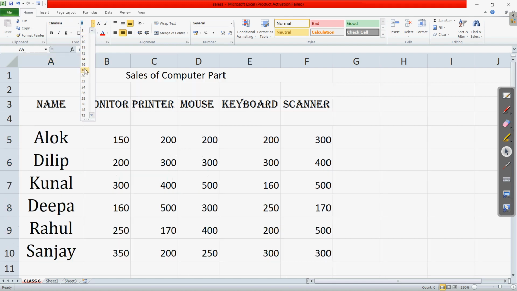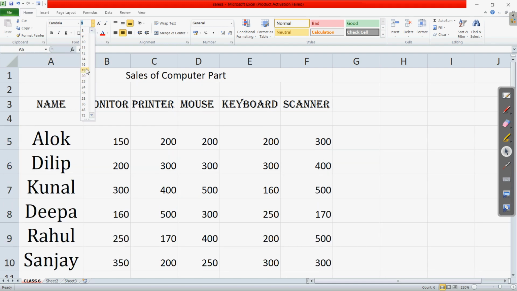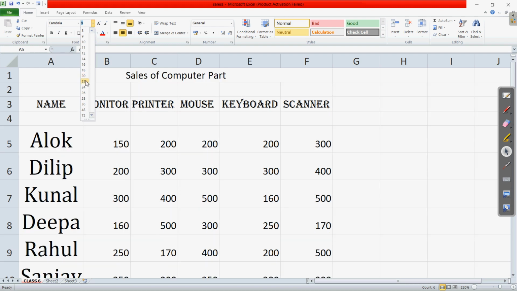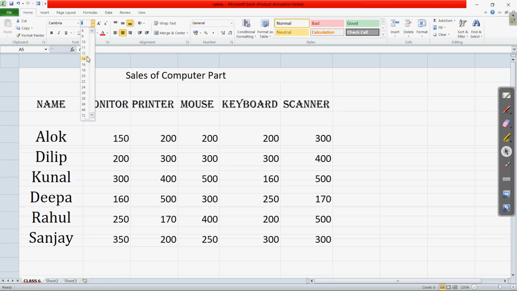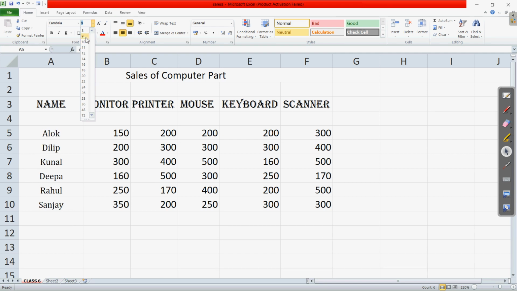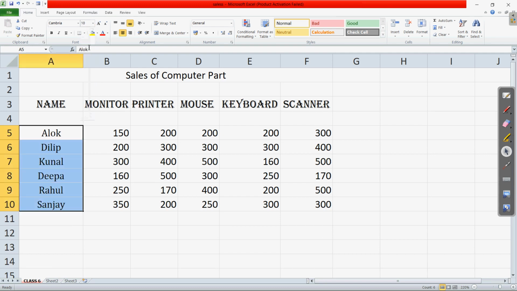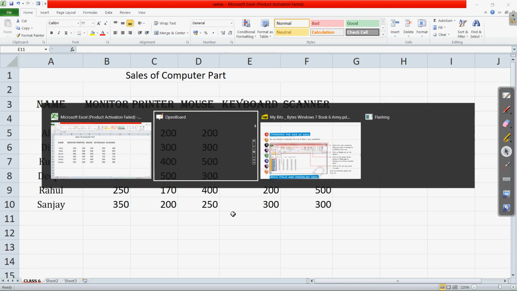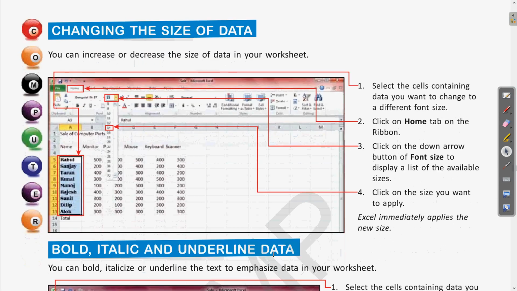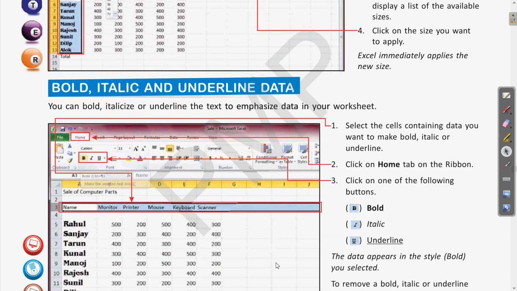So this changes the font size. Clear? If we increase the number, the font size increases, and when we select any lower value, then the text size appears smaller.